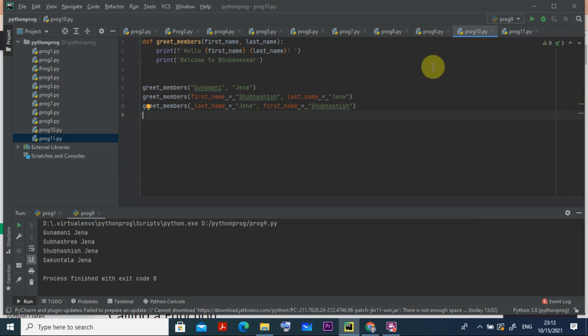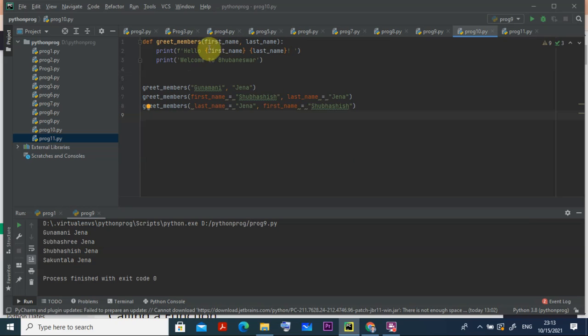So print, just for formatted strings you use F under single quotations. What you want to write? Hello, and then the first name and last name, whatever parameters you are passing, that you put under these curly braces, right? So this is another way. Just as I told you, print F, that is the formatted value. Then I am taking hello. After this F, the single quote starts here, up to this it is there. Then after hello, what is the first name? Whatever name you put here, it will come here. Then the last name will come here.